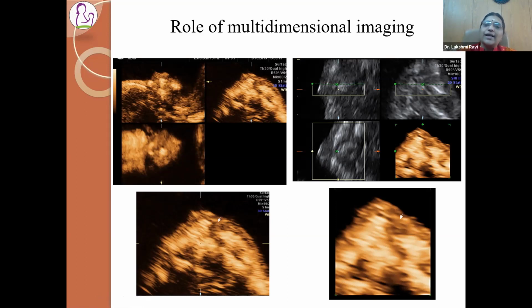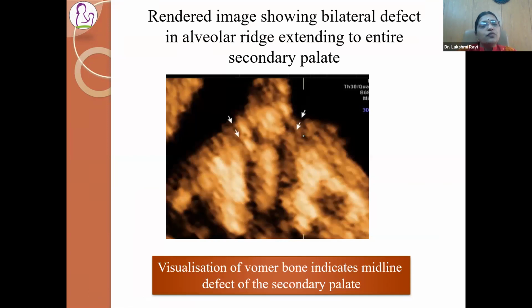You can do an offline analysis and show this image not only to your ear, to help you in the counseling. You can also give this image to the maxillofacial surgical team to help them plan and do the pre-pregnancy counseling for the lady and to take care of this baby postnatally. So much of work you can do with 3D ultrasound.